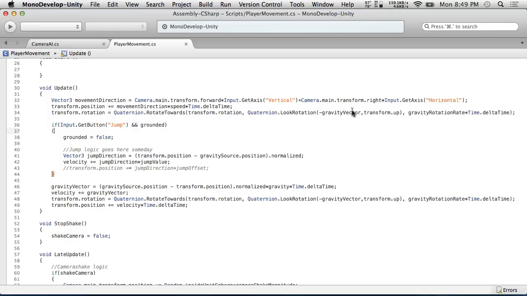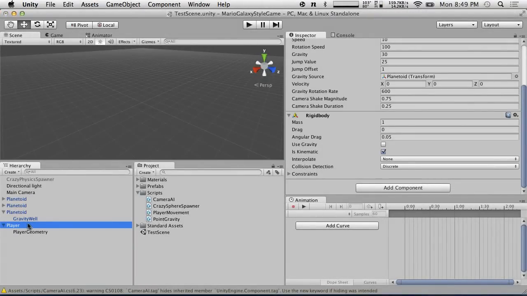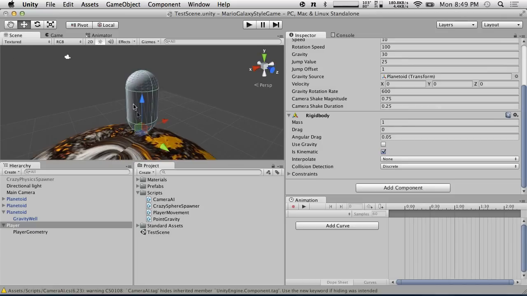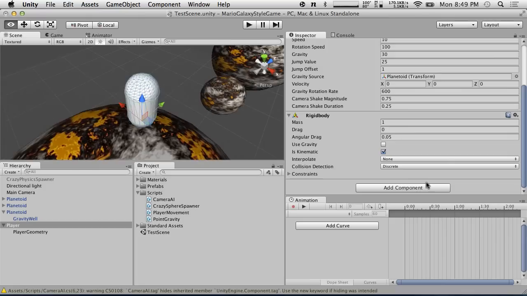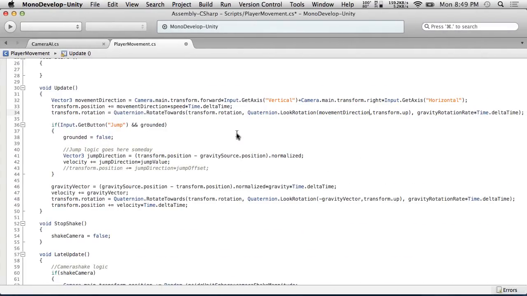Transform.up. So this time we want to look him towards the movement direction, but the problem with this is because of how we've set him up, that doesn't really mean the thing that we think it means. Because remember, transform.up is technically our forward vector. If we go to our player right now, you'll see that his z-axis, which is normally the forward vector, is actually pointed up, and the direction he actually goes forward is this green axis, which is the y-axis, which is transform.up. So we don't want movement direction itself. We want some variety of movement direction based on